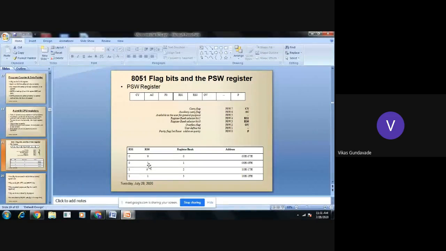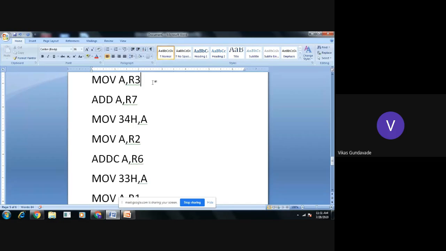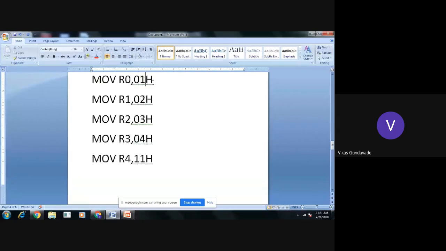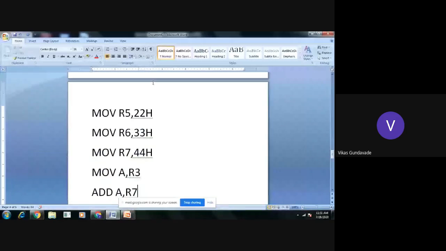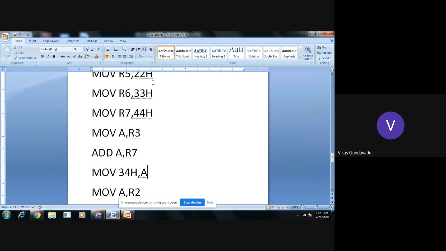Now during this program, if we change the PSW, see what I'm saying. In the first addition, the carry may get generated. When we want to transfer the result into another register from another bank, we need to change the bank, and while changing the bank, we need to change the PSW. So here we need to make the changes in the PSW register.